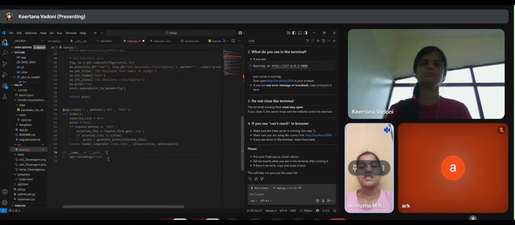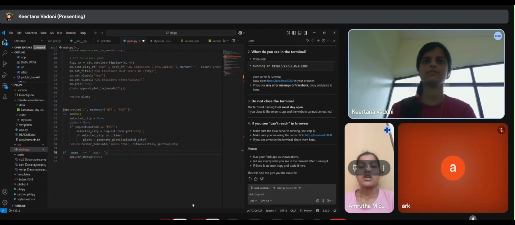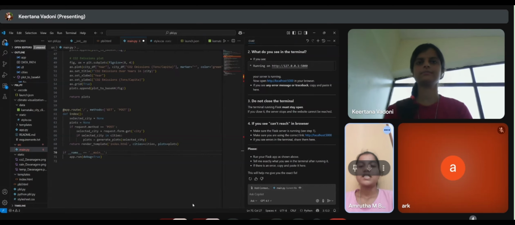If the selected city is valid, it generates the plot by calling the function. Next, return render_template of index.html, cities is equal to cities, plot is equal to plot. It means regardless of the method, it renders index.html, passing cities, the list of available city names, and plot, the plot image. Next, if __name__ is equal to __main__, app.run with debug is equal to True. It means the script is run directly. It starts